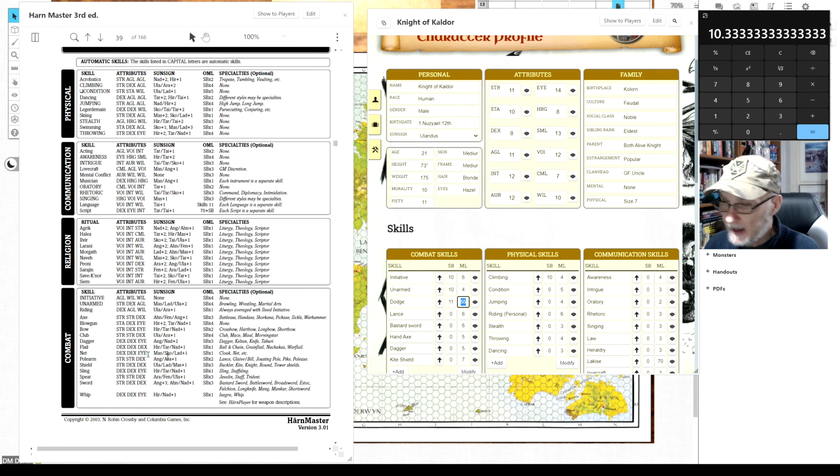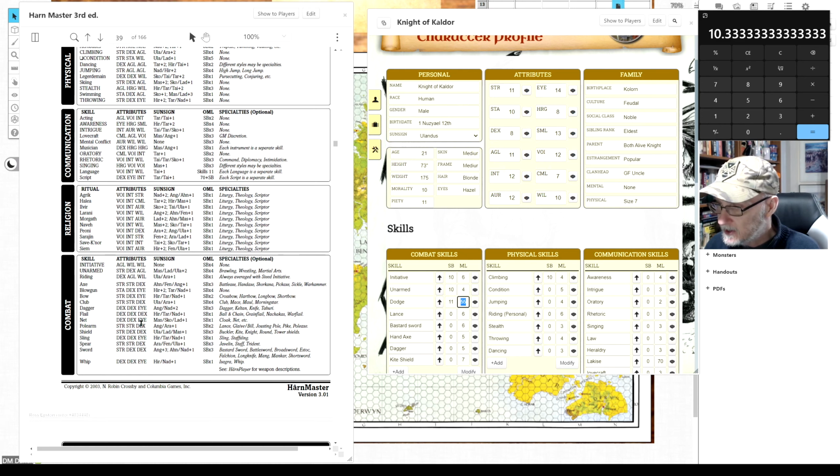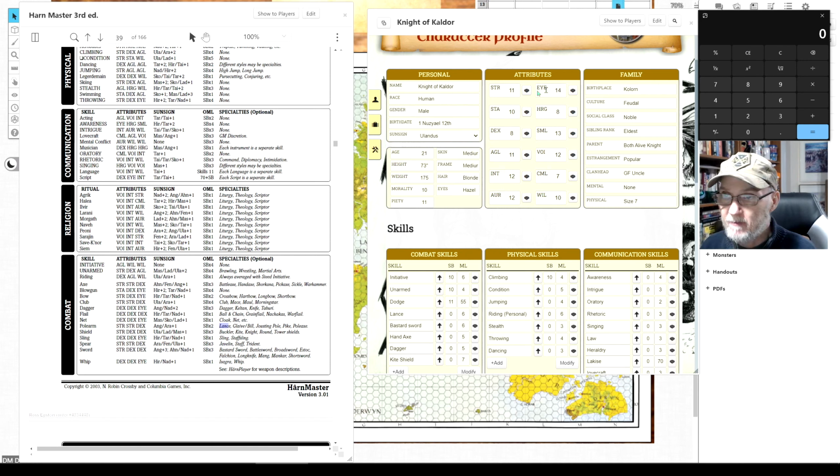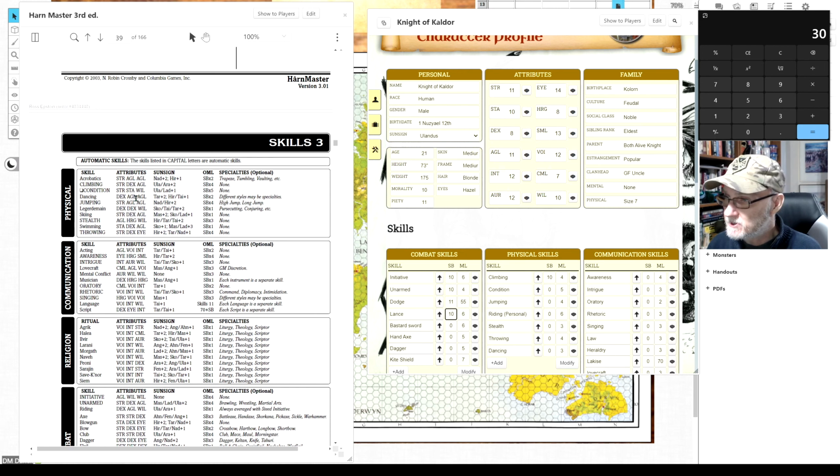Okay, so what others? We've got lance. Lance is considered a polearm, because lance is a specialty of polearm. So we'll go to polearm. It's strength, strength, and dex. So if I do some math up here, I have two 11s and an 8. That's 22 plus 8 is 30. That's going to be a 10. Looking at my other abilities, strength, strength, and dex, is there anything else that is strength, strength, and dex